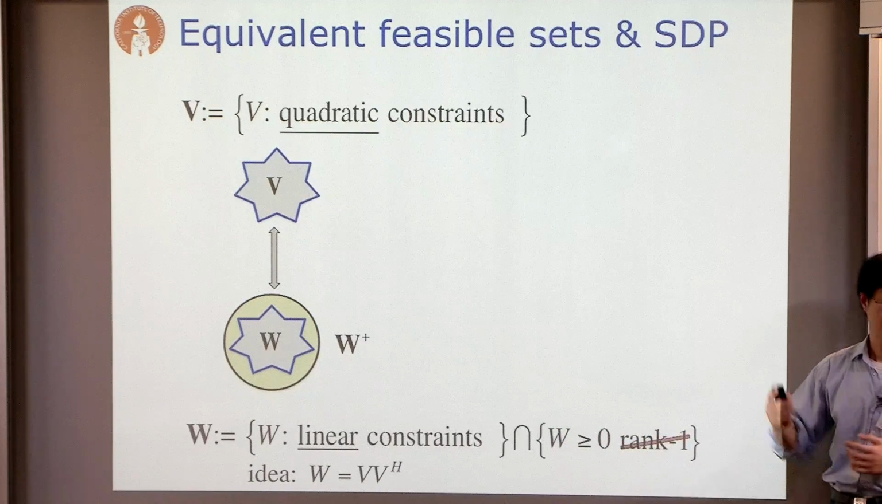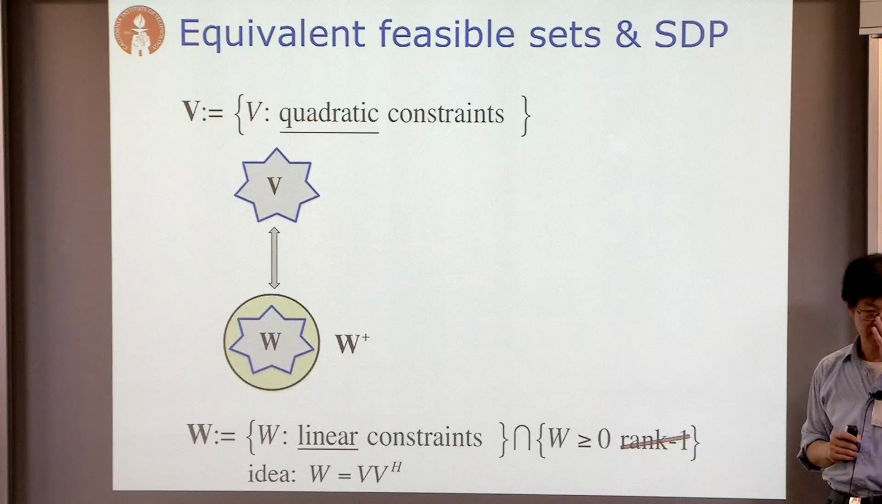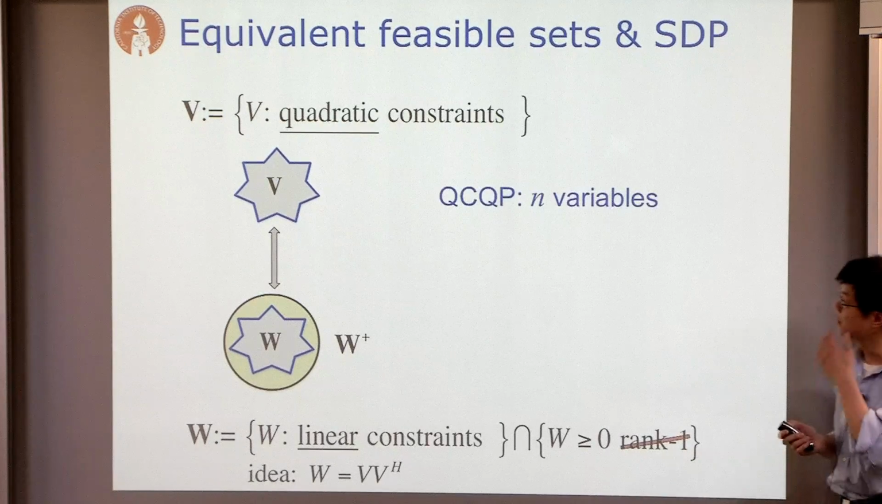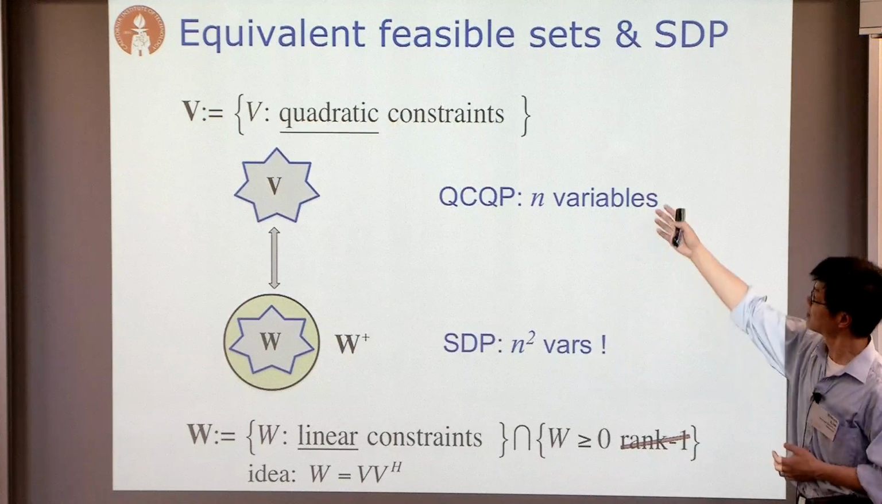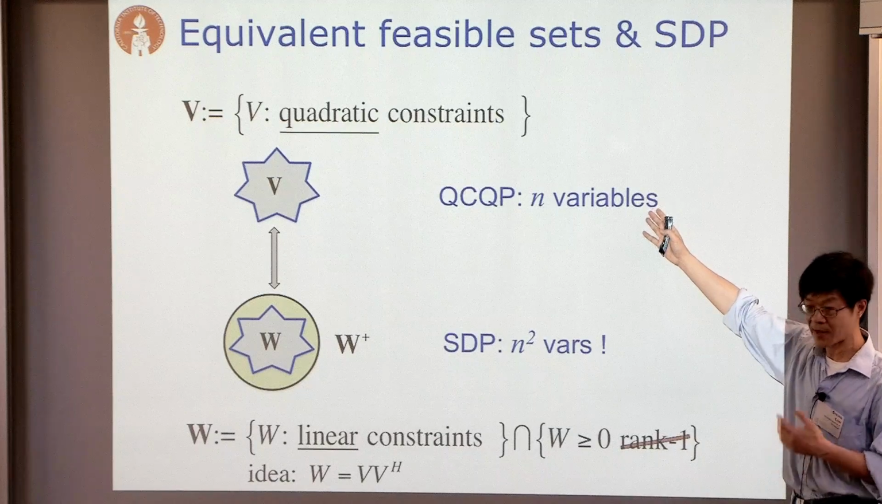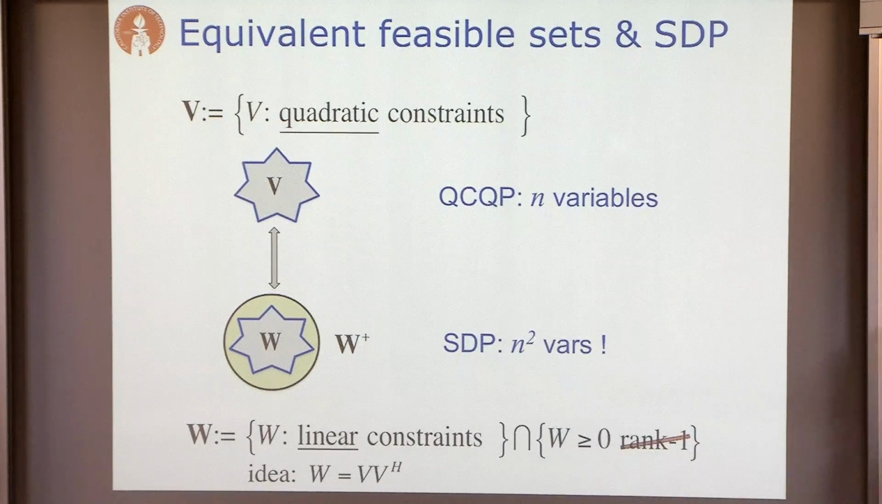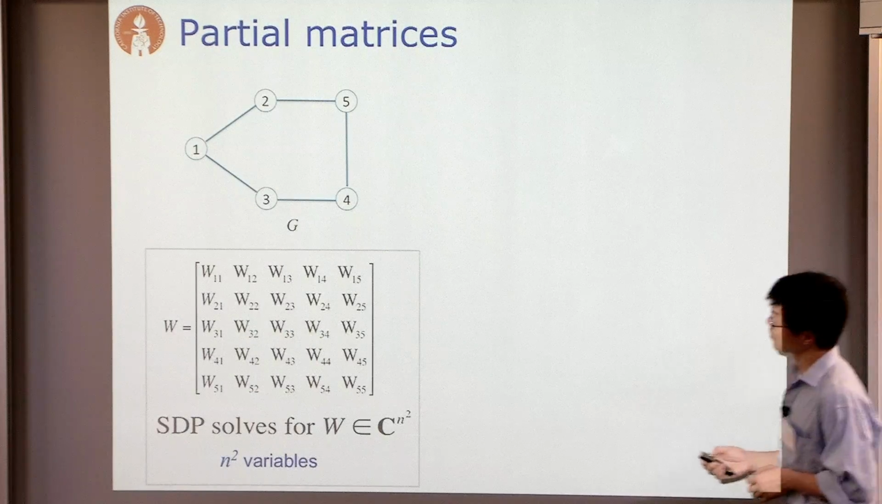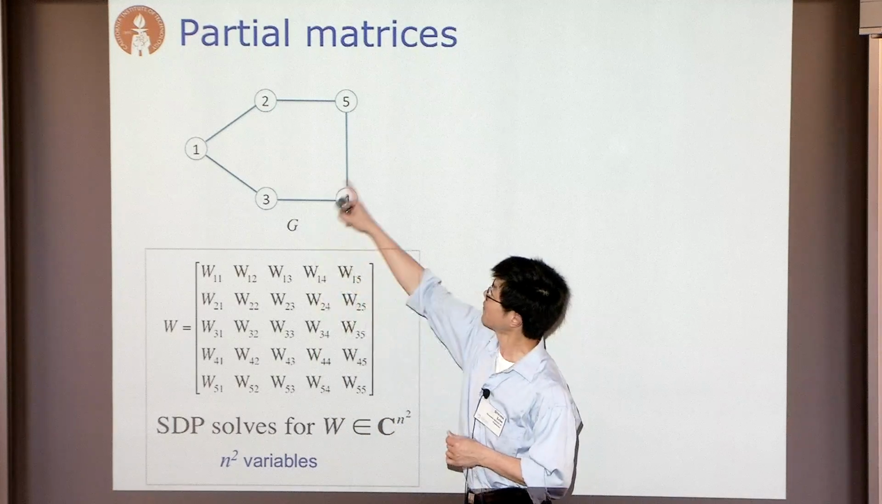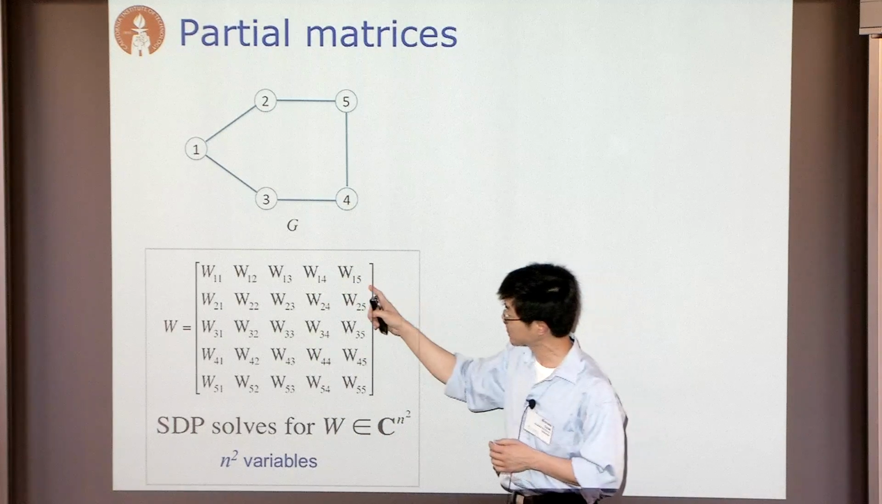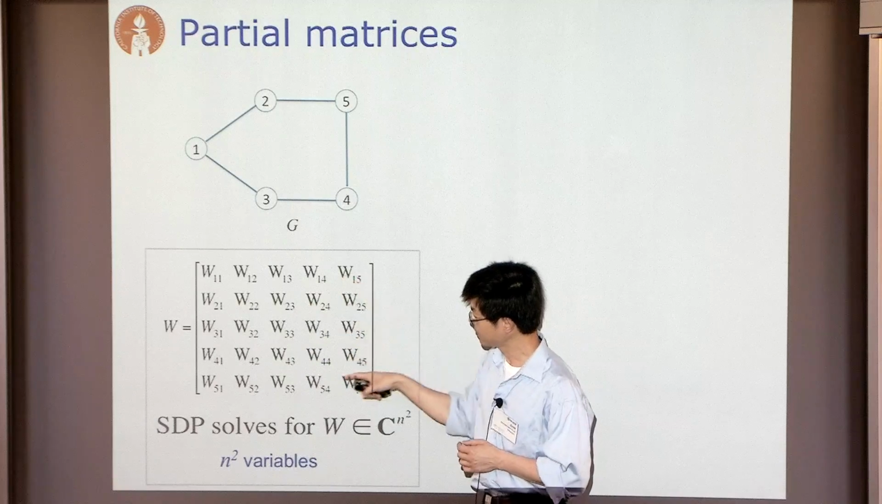If it is rank 1, then you can obtain an optimal V for your original convex problem. So this is great, except that this solves for n complex variables, and this is n squared. So we would like to be able to reduce that, and here's one idea. So this is SDP. If you have a network with 5 nodes, then we solve for a 5 by 5 complex